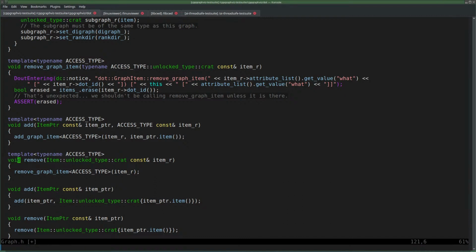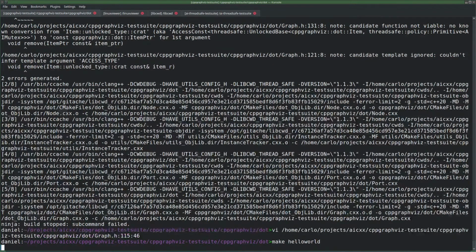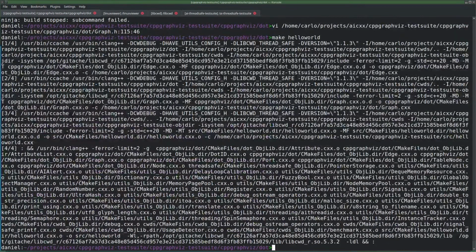This also feels like it should be access name, right? Access type. No errors. Wow.